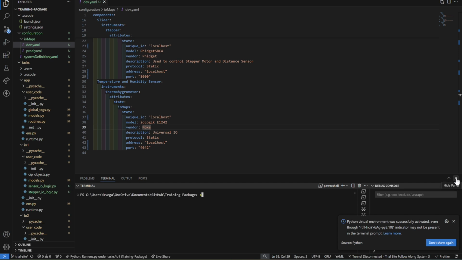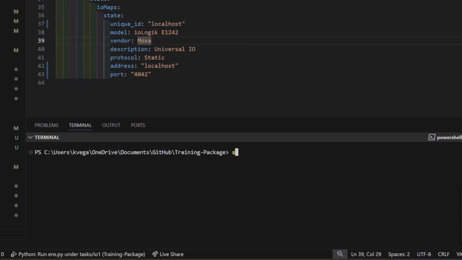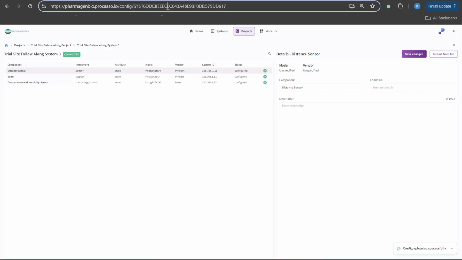Now, since the ProCaaSo extension doesn't currently support port forwarding tunneling, we will proceed manually. In VS Code, you can open a new terminal with Control, Shift, and tilde. Type the following command in your terminal: Syndi tunnel, which is the command to initiate the tunnel, the system ID, which can be retrieved from the URL from the systems page in your ProCaaSo environment,